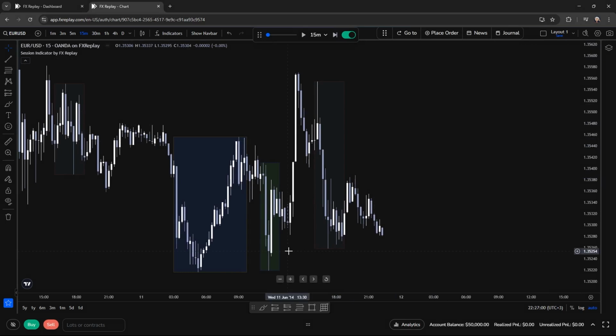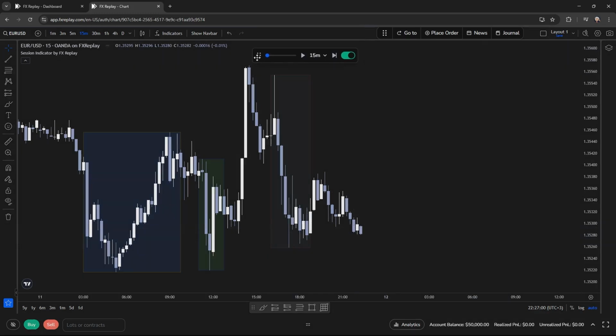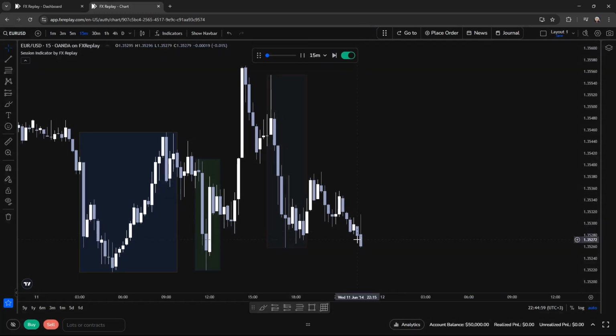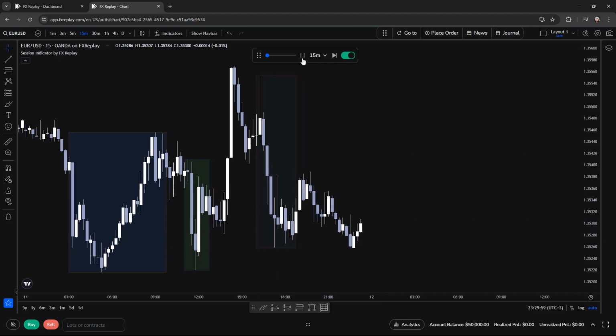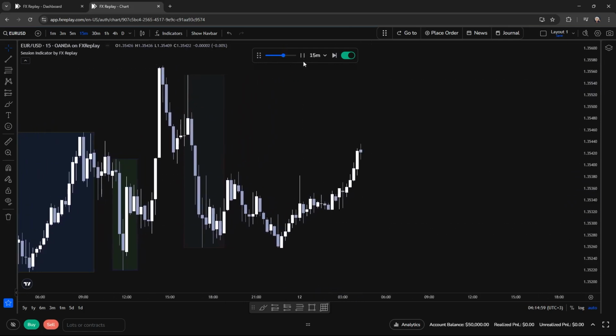In this case, I'm going to change it to my country. We're ready to trade. First thing we've got to understand is how do we play price. Well, you see here we have this toolbar. We have a display button. If we click it, we see the candles start printing. From this slider, you can change how fast you want the candles to print. Now we see that I moved it higher and the candles start printing